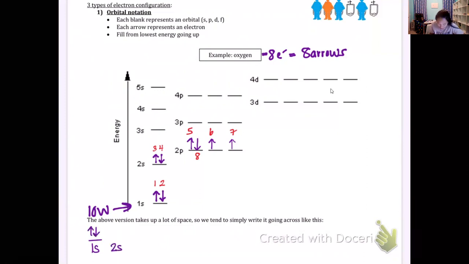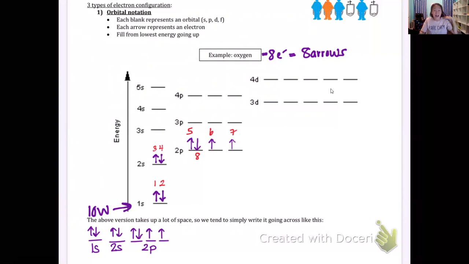Then it would be 2s, and then 2p has 3 orbitals or 3 bedrooms, and I go up, up, up before I go down. So you see how this is the smaller way, it takes up less space than what I drew before. So now you're wondering, okay, I can do this if this is given to me, but